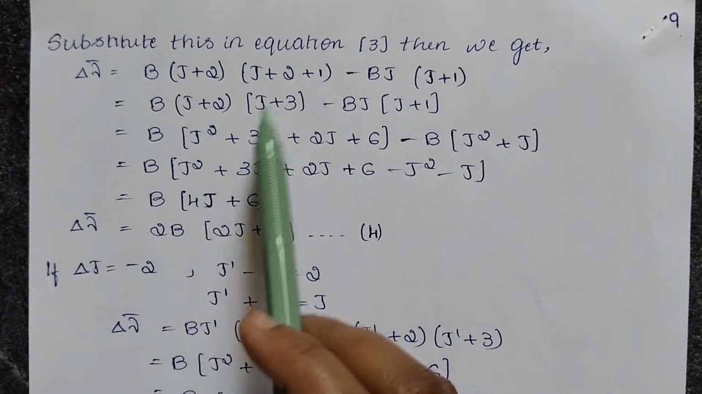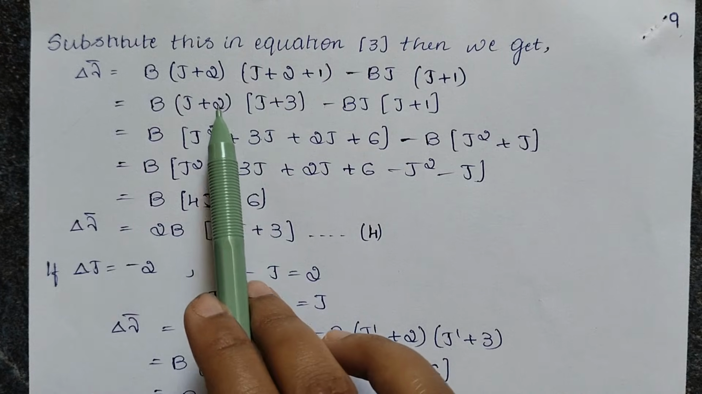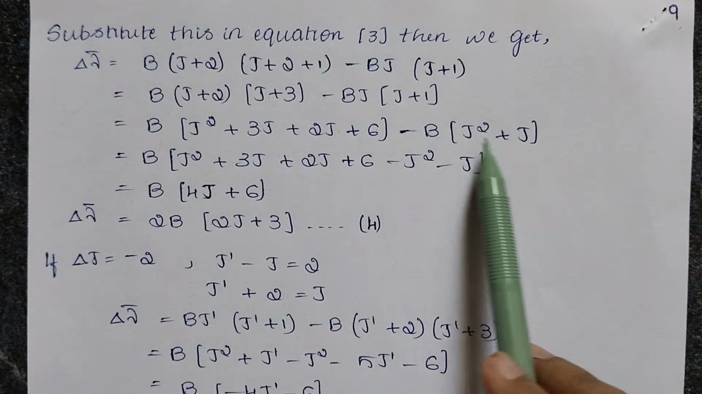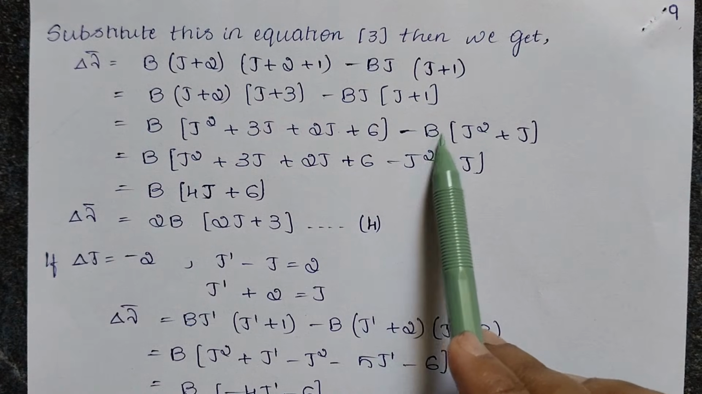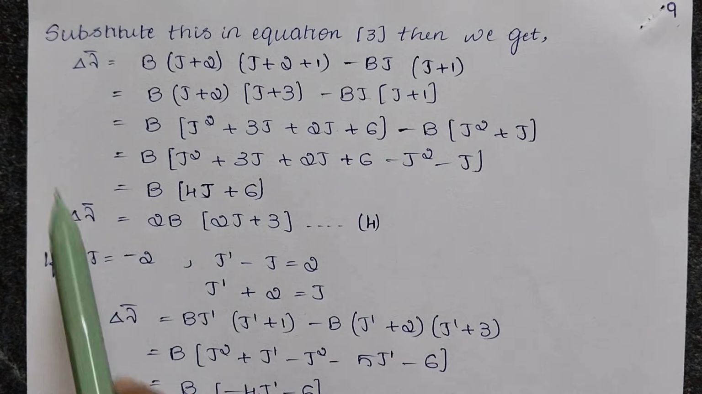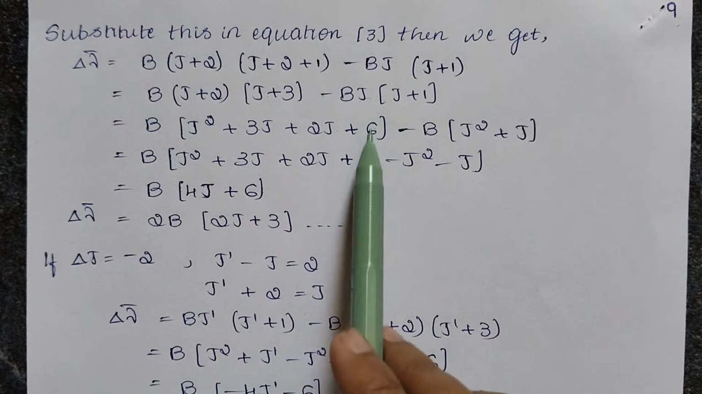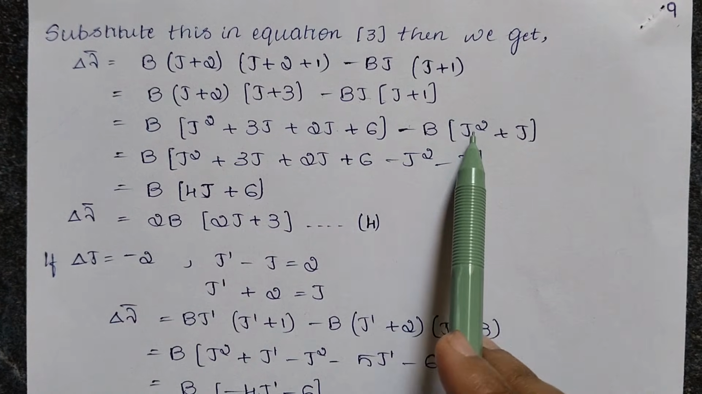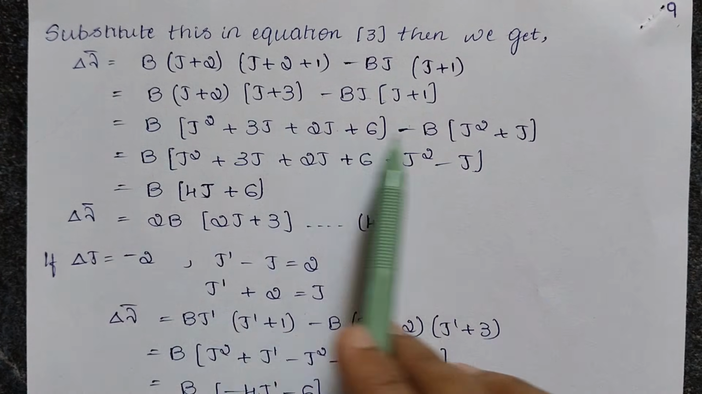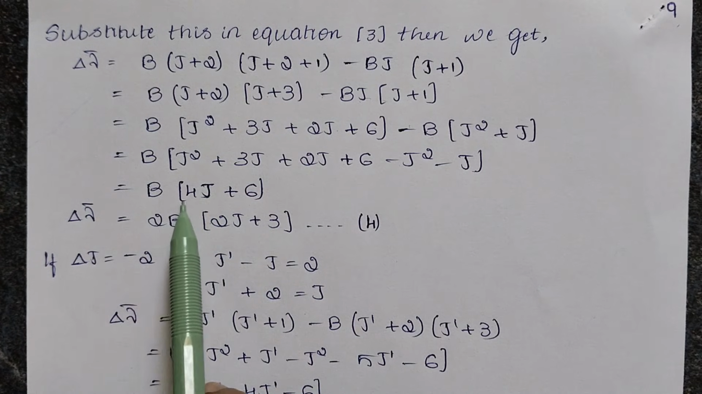So we'll do the distributive property, that is J into J, J square, J into 3, 3J, 2 into J, 2J, and 2 into 3, it is 6. Minus B into, we'll take B as common. So that's J into J, J square, plus J into 1 is J. On further simplification, we'll get B of J square plus 3J plus 2J plus 6 minus J square, minus into plus is minus, so minus J. In both the cases, we are taking B as common, and on further simplification, we'll get B into 4J plus